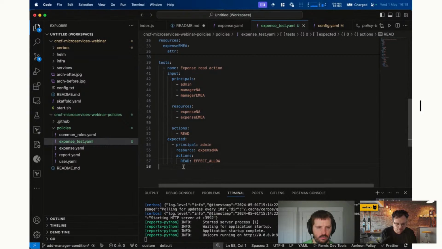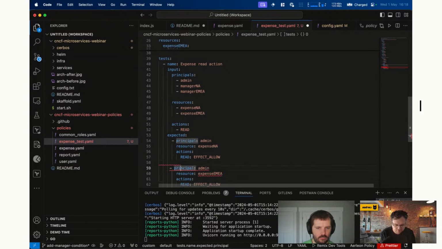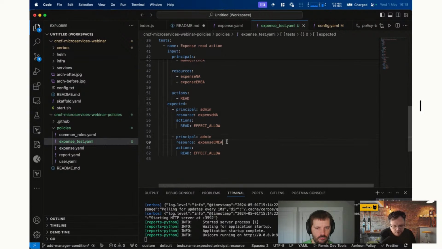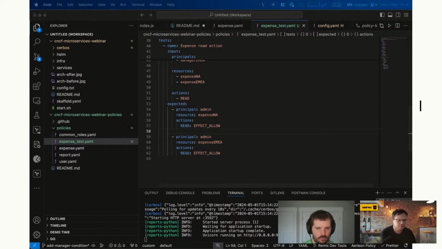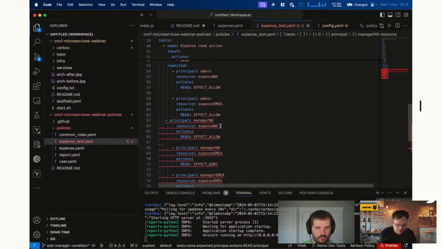And I can do the same thing for the next case when I'm an admin still, and I'm going to check whether I have the read action on the other resource, so the EMEA resource here. There's no change here yet. These should all make sense. But as we start, and I'll copy them over in batch, as we start looking at the other